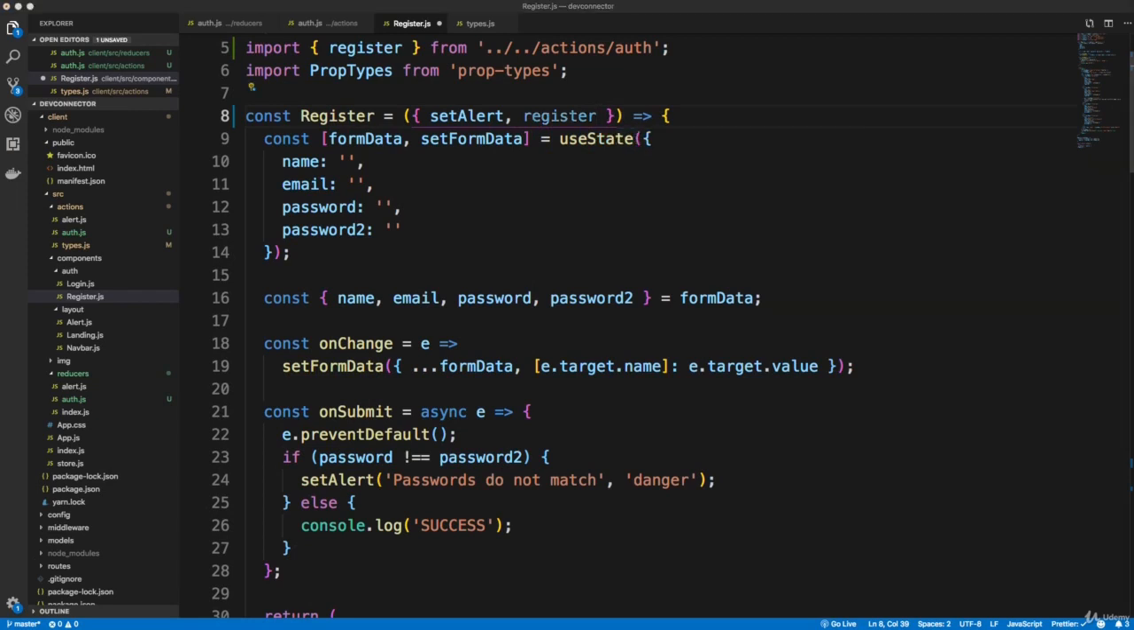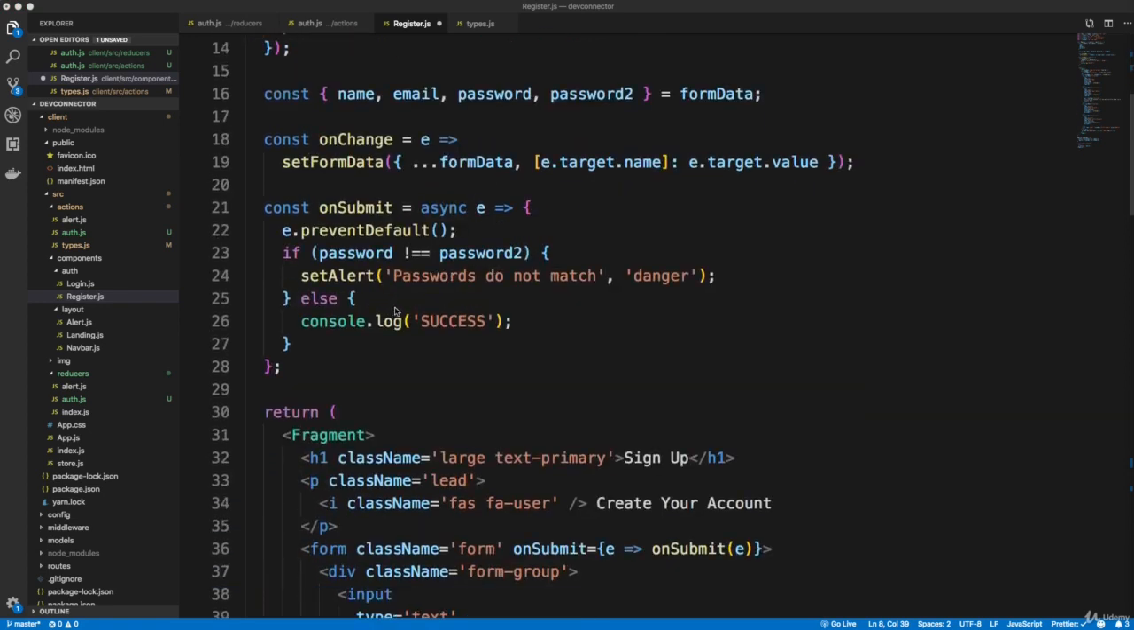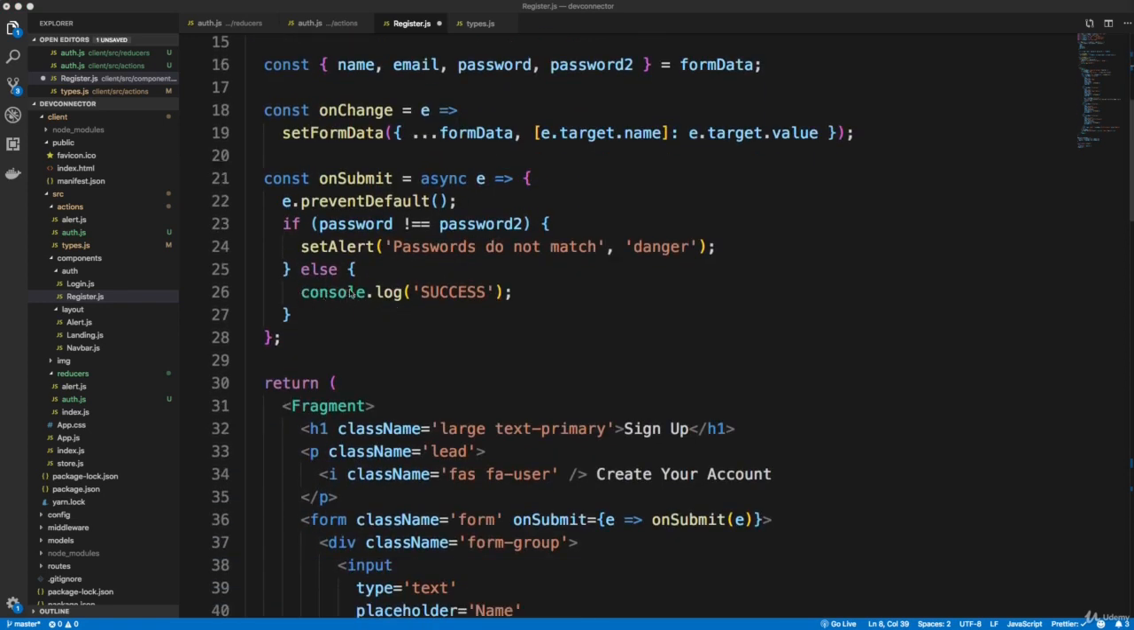Okay, so yeah, that should be good. Now, where we want to call this is down here, because all we're doing when we submit is a console log success, and we don't want to do that. We want to call register,